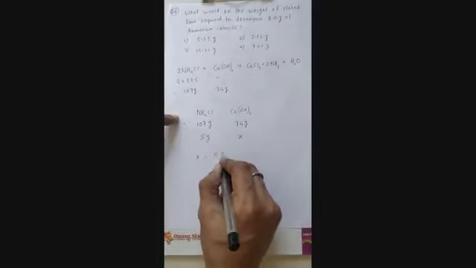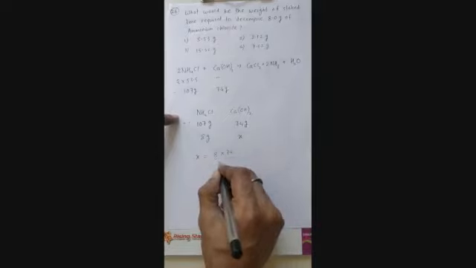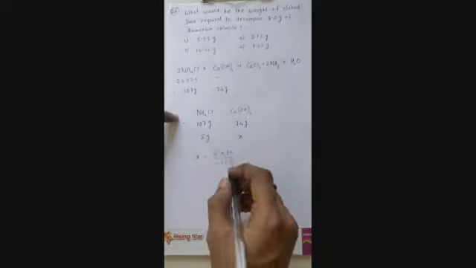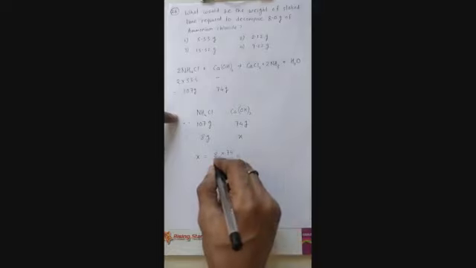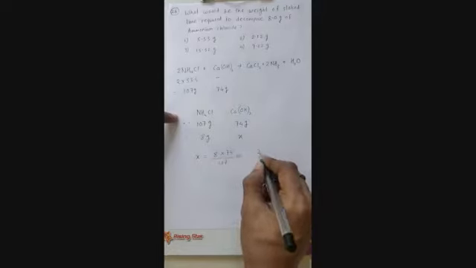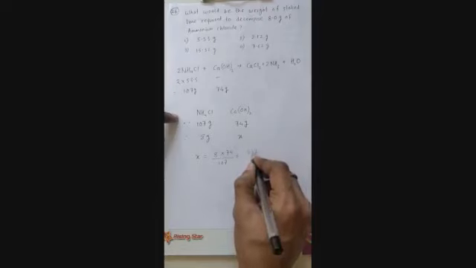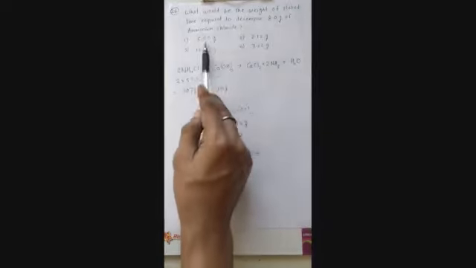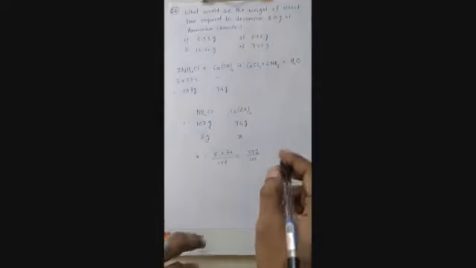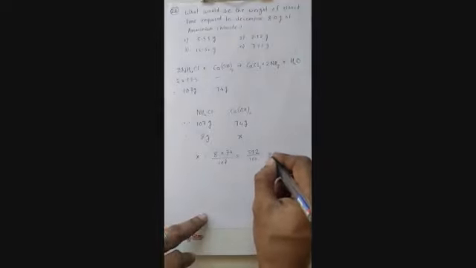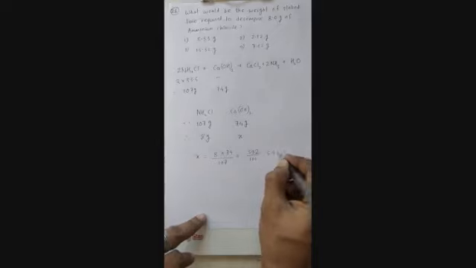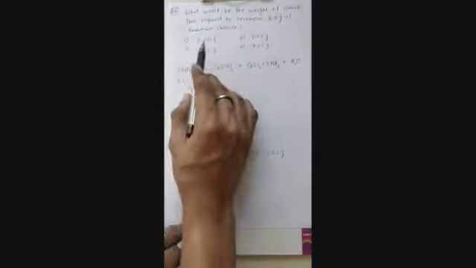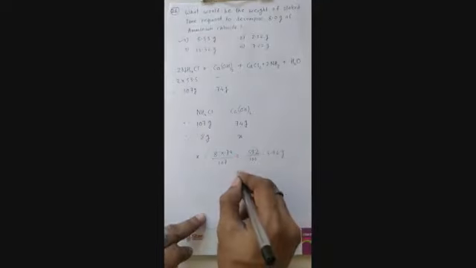So it should be 8 into 74 upon 107. If you do the approximation here, it should be 592 upon, I'll just round it off as 100. This is approximation. Looking at the options, I'm doing this. You see, options are not even close to each other. So this is going to be somewhere around 5.92. Now this is an approximate answer, not the exact one. Which option is closest to this? You see, this is the one. So your answer is the first option.